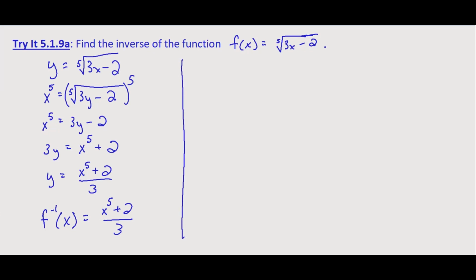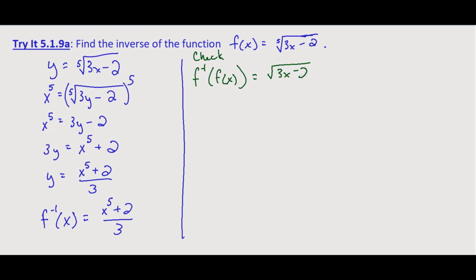Now, how do we check? Same as before. F composed of f inverse of x should be x, and f inverse composed of f of x should be x. So let's start with f. This is our check. F inverse of f of x. So we substitute f of x for x in f inverse of x. So this equals x to the fifth. So instead we're going to have